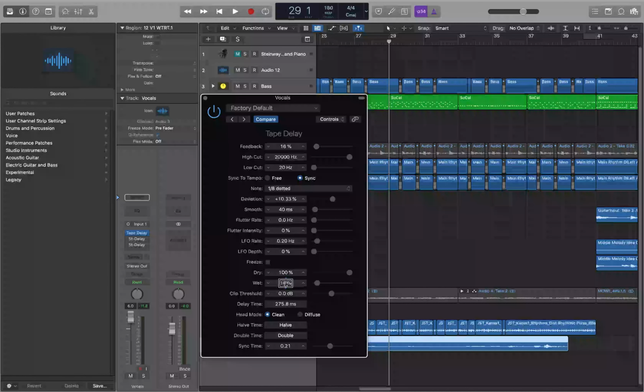Now, the other thing, let's go back up and look at the feedback again. I'm going to turn this back in, just 20%, 30% for now. So jump back up to the top of the window where the feedback is. Let's interact with this slider. And if we take this down to 0%, no repeat,